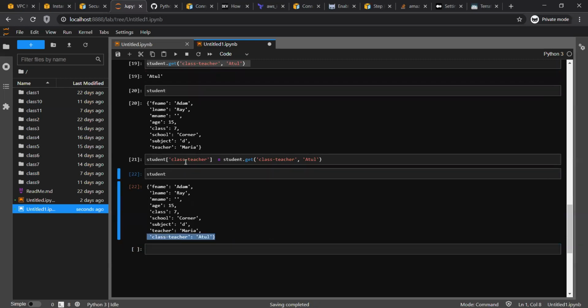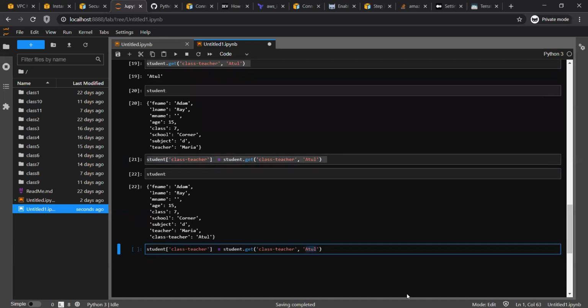Now I'm going to run the same line again, but this time I'll say, suppose, Roy. The same scenario or a different thing? Here again I'm doing the same thing: solve the right hand side first. So first fetch the value of class teacher in the dictionary.